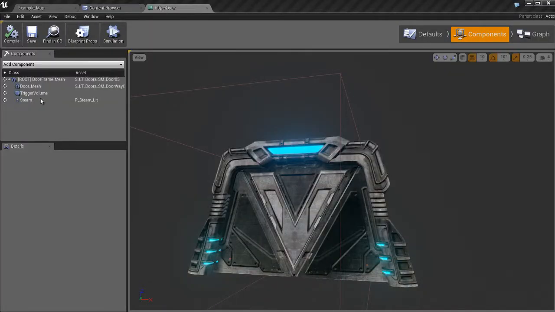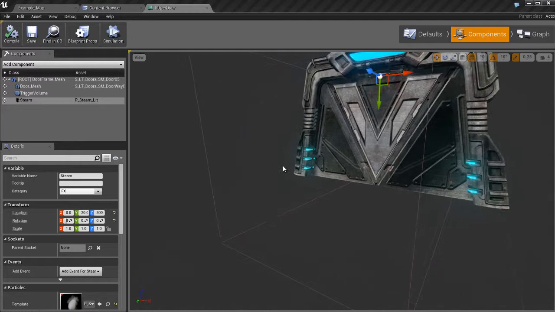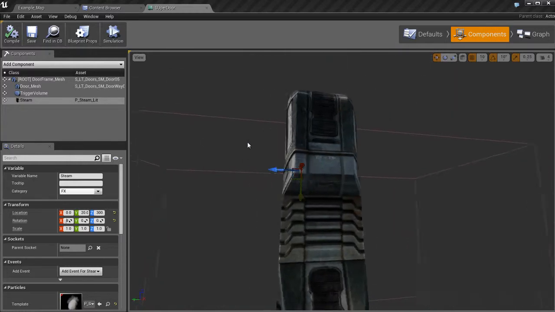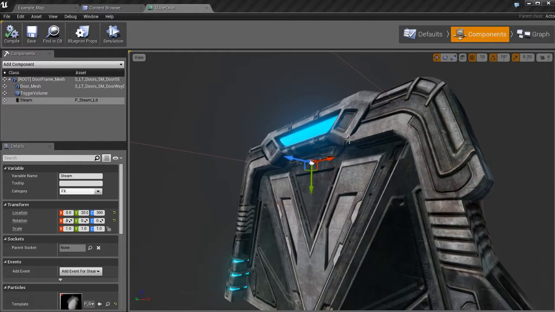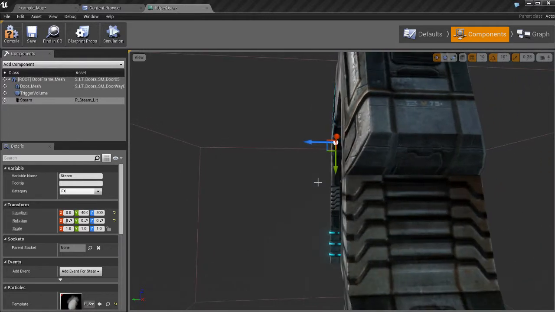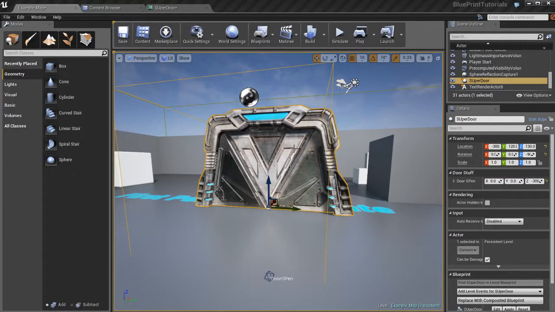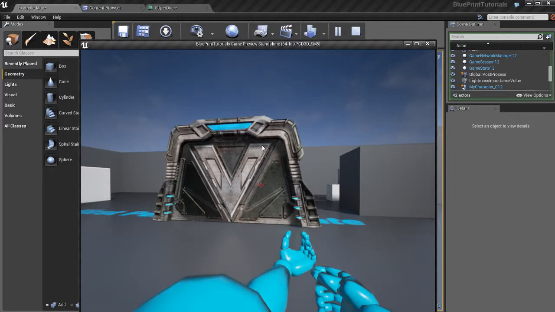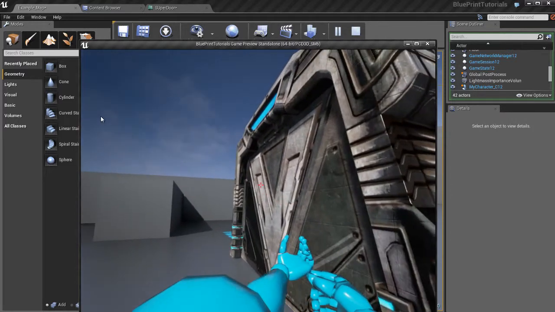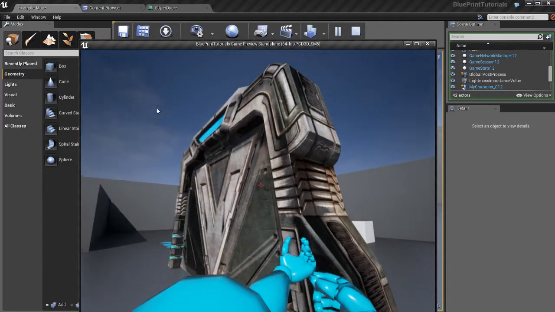Let me go to the particle system here. It's in the middle of the door, so the particles are actually being blocked. So what I'm going to do is move it a little bit in front of the door, just for demonstration purposes. And I'm going to jump back in here and play. If I look at this, no particles. When I walk into the trigger,